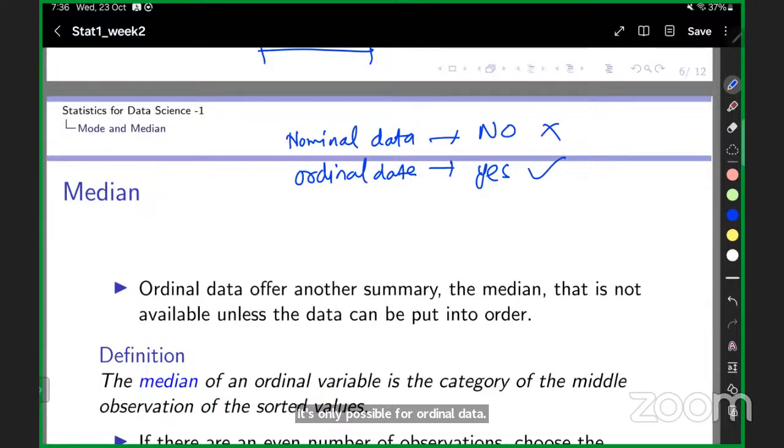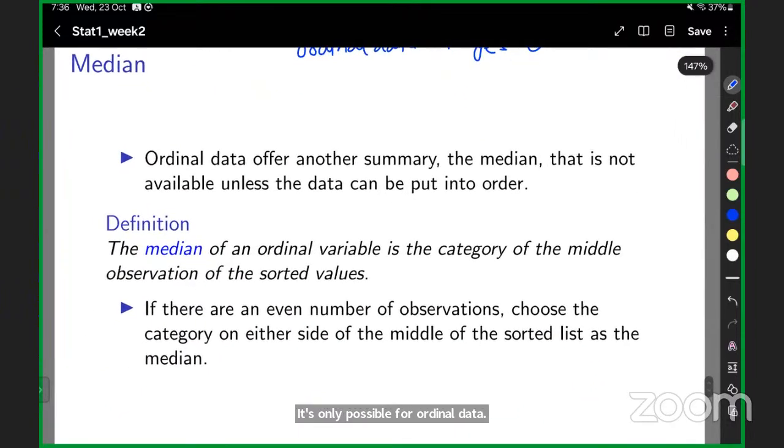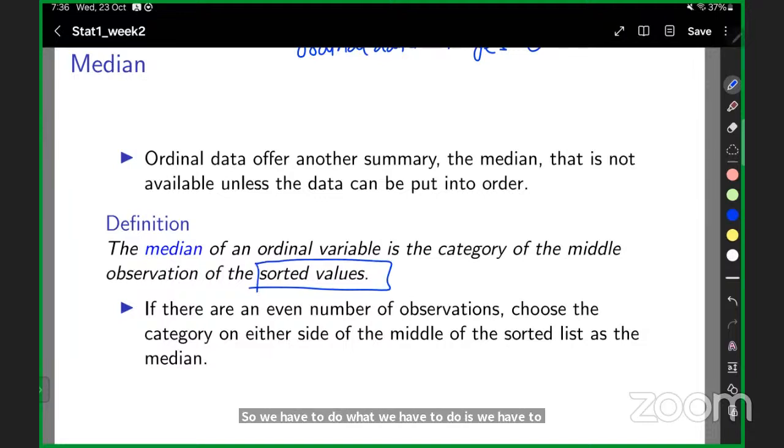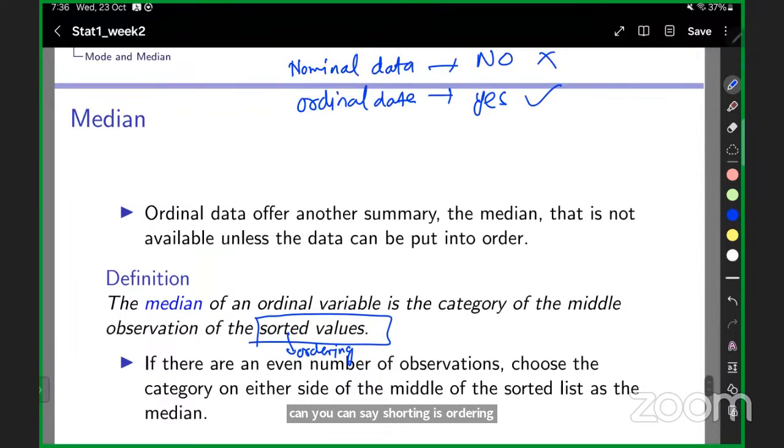Because what we have to do is sort the values, right? Sorting means ordering. You can say sorting is ordering the data. So we have to order the observations in the sorted values, and then we have to pick up the middle observation of that. So let's say